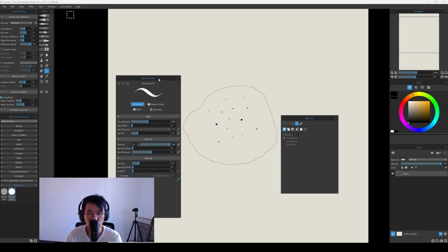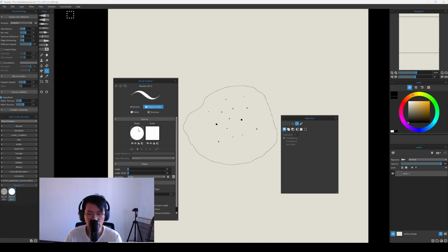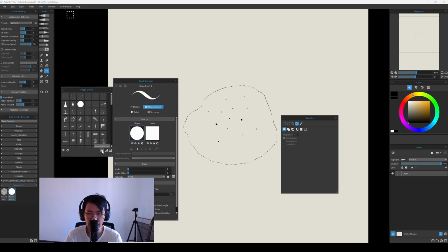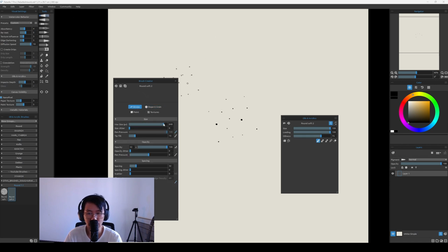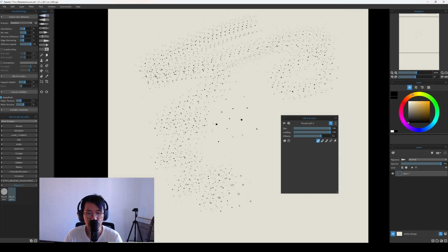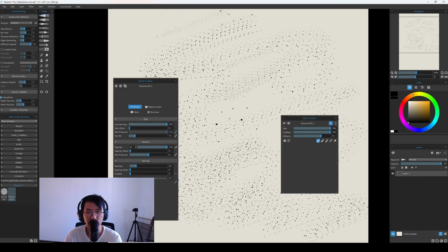So we're going to brush creator, click on shape in green, click on the shape box here and click in import selection. Now import all these dots as a shape for a brush, so we can deselect and we use a brush here. Let me increase a bit this size and you can see we made a simple star brush, but right now